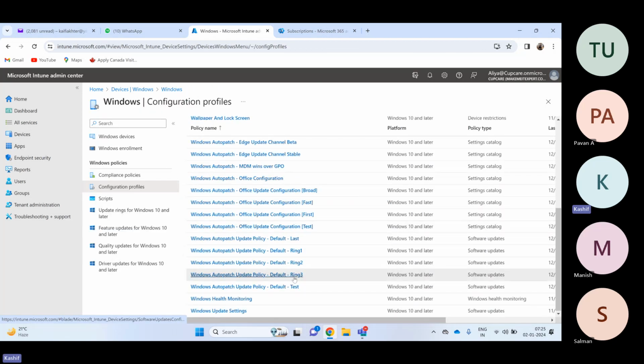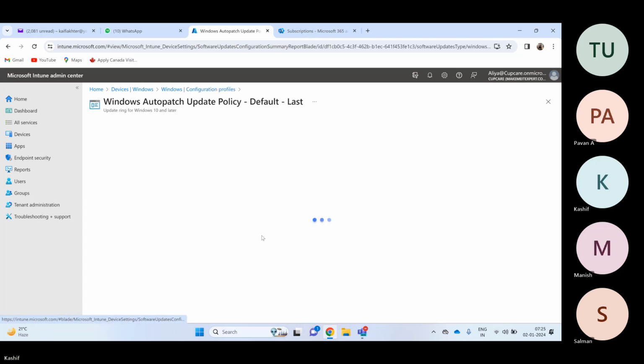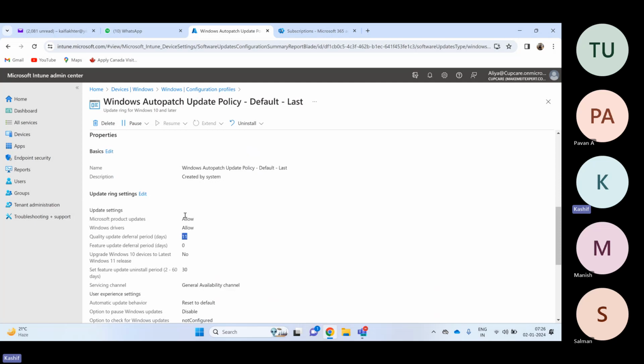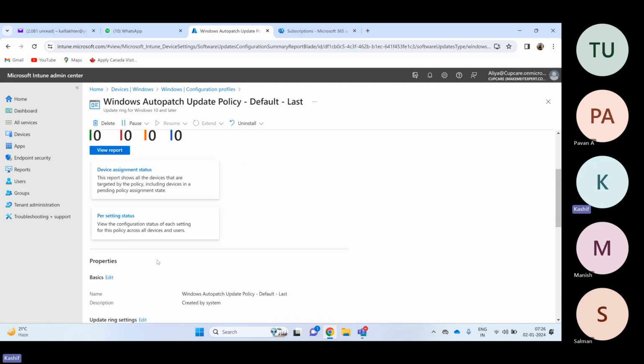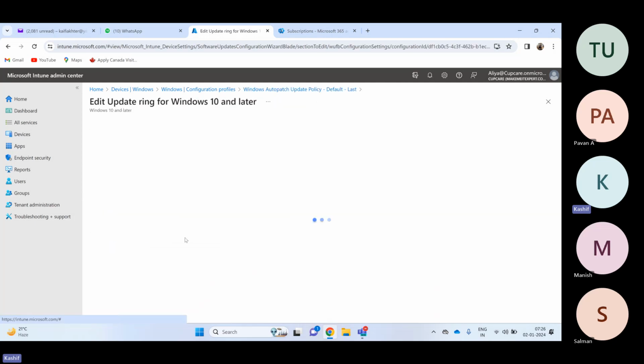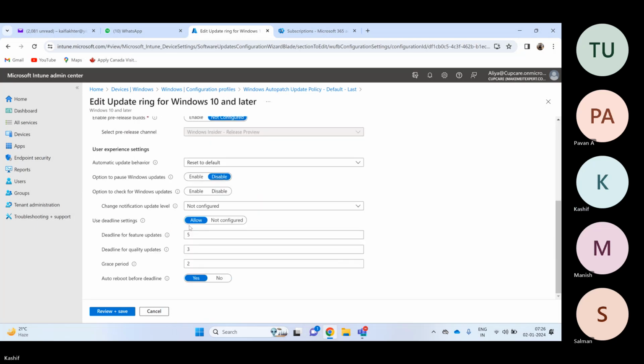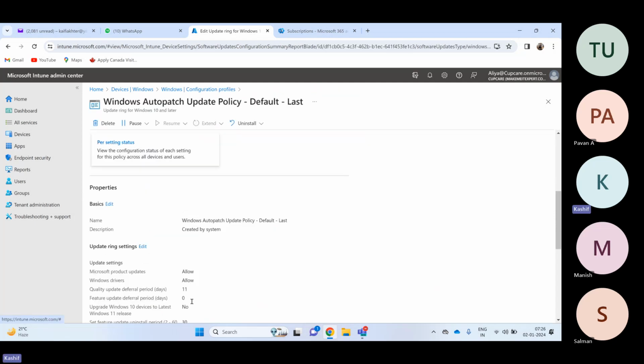What is there in the last one? Let me see. After 11 days. Last one after 11 days. So it starts with 0, then 6, then 9, and then 11. So after 11 days, this update will get installed on the target devices. Okay, so